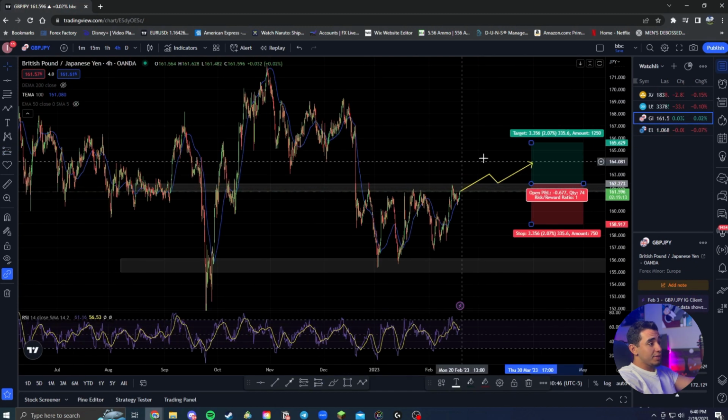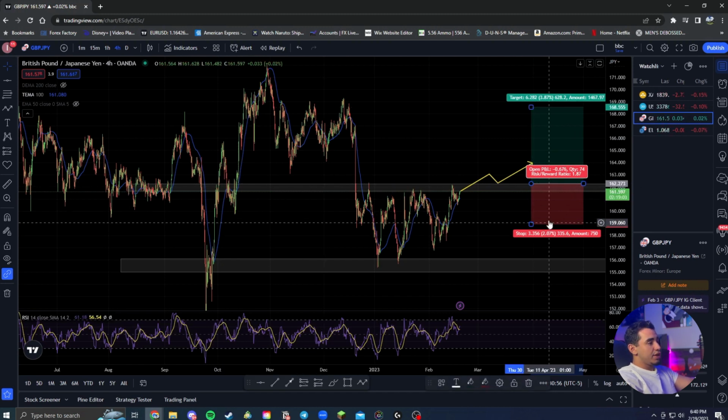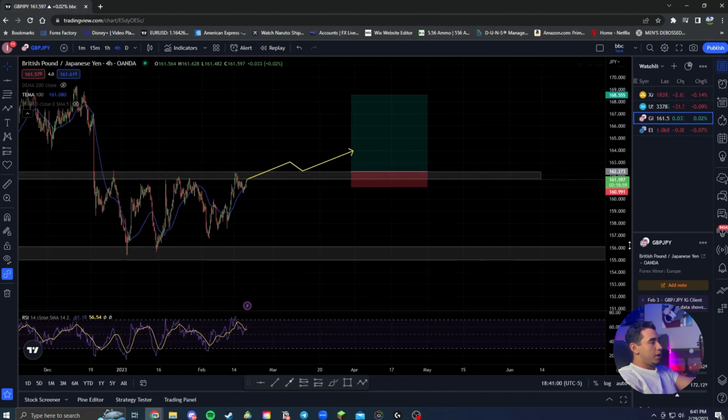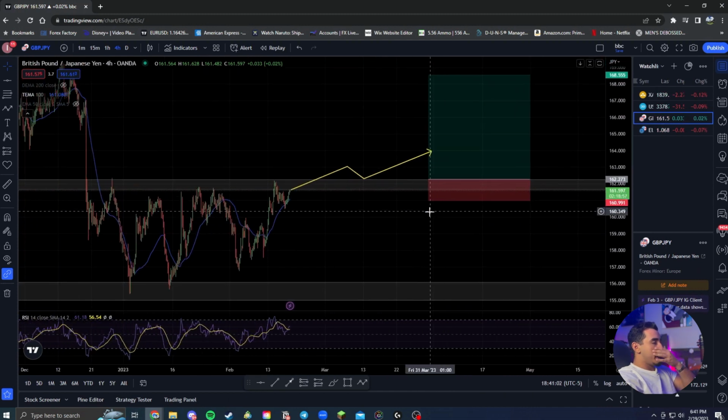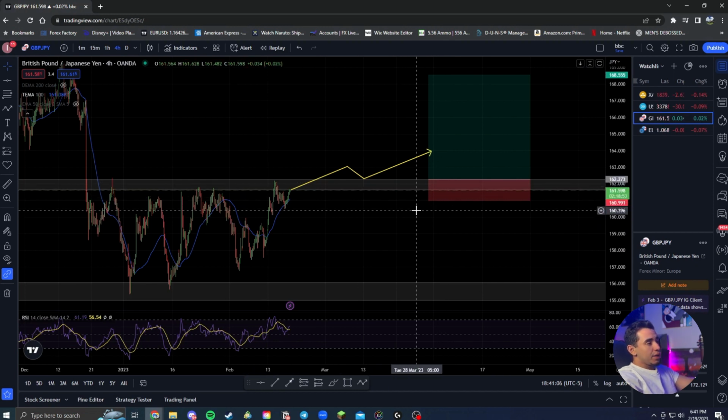And if price does break out of this and hold above the 162.270 area, I'm fairly confident that price will come back up to the 168. So that'd be a very nice trade to take. Now, this is going to be a trade where you're going to need a lot of wiggle room when it comes to your drawdown, just because GJ does like to move very sporadically, and it likes faking out,